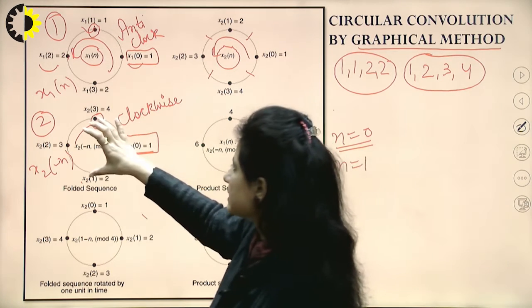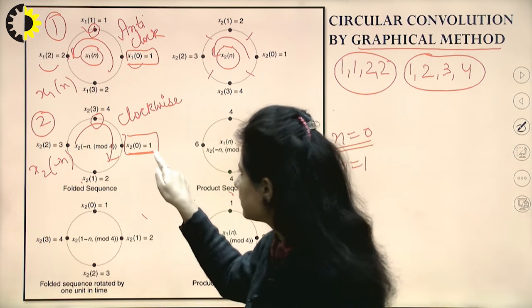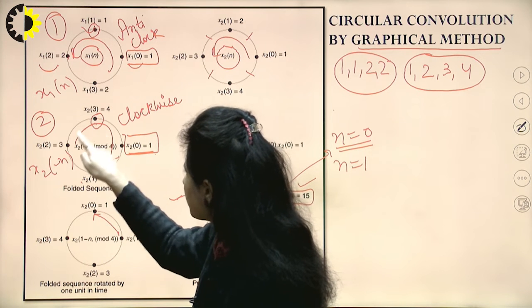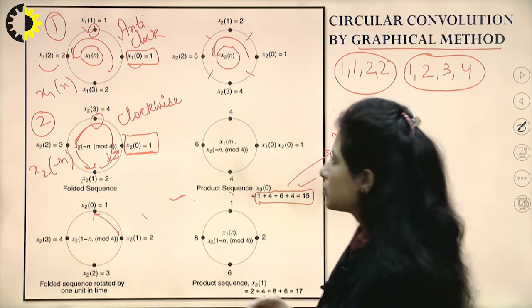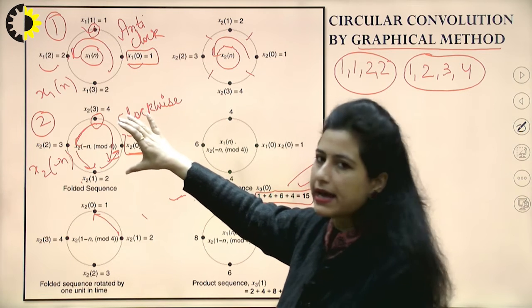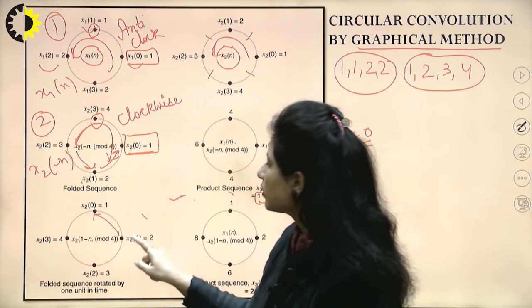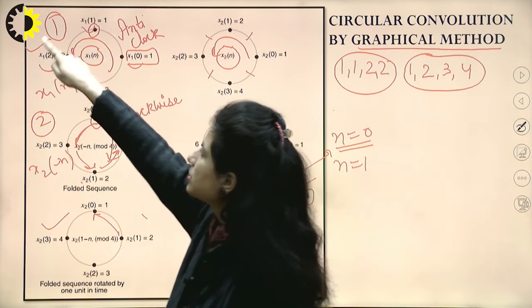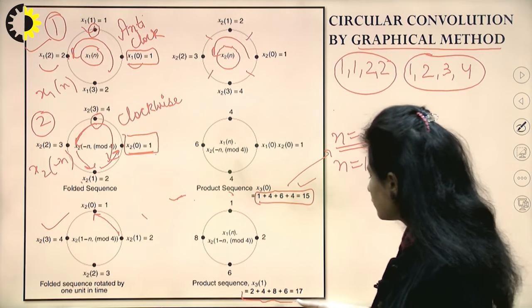So this second sequence would be rotated 1 step anti-clockwise. So here this first sample would now be coming here, this second sample would come here, third would come here and fourth would take the place of the first. So keeping x1 constant, I am rotating this folded x2n 1 step anti-clockwise, and I would again multiply this shifted sequence with the original sequence point by point, and adding all the 4 points would get the second point